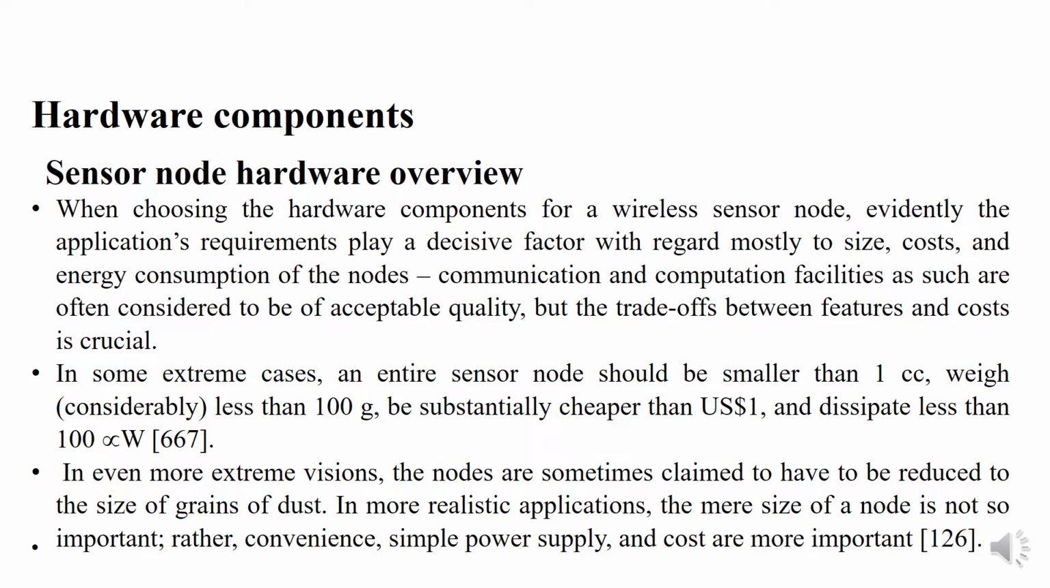When choosing the hardware components for a wireless sensor node, evidently the application's requirements play a decisive factor with regard mostly to size, cost, and the energy consumption of the nodes. Communication and computation facilities as such are often considered to be of acceptable quality, but the trade-off between features and cost is crucial. In some extreme cases, an entire sensor node should be smaller than 1 cc, weigh considerably less than 100 grams, be substantially cheaper than US $1, and dissipate less than 100